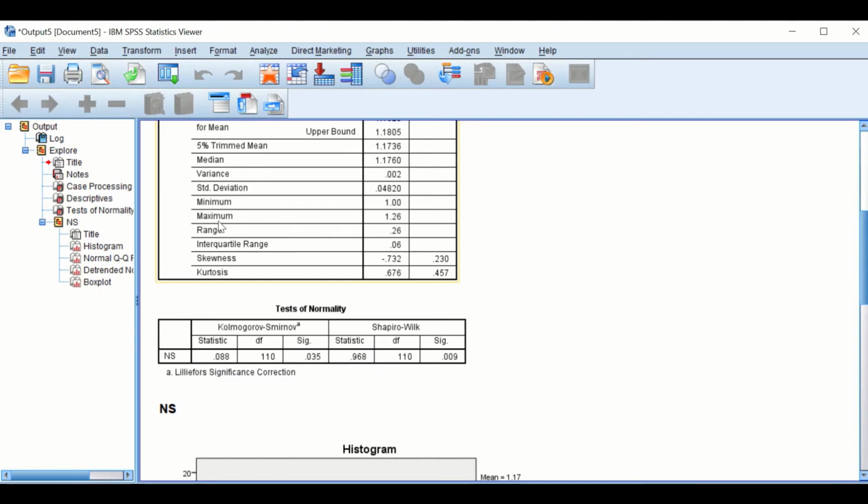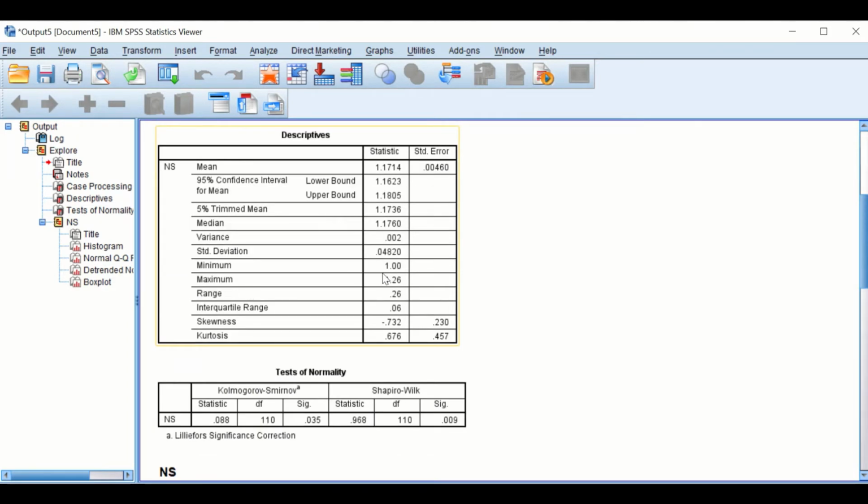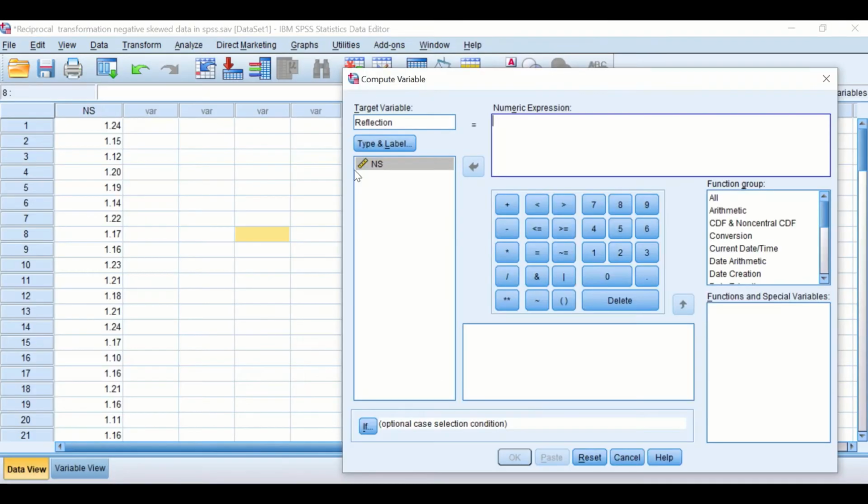From this descriptive table, the maximum value for the data is 1.26. So we type 1.26, add 1 to it, and then subtract this from every individual score within this data. So to do reflection, you find the maximum value, add 1 to it, then subtract the value of each individual score in the data. If I click on the OK icon,